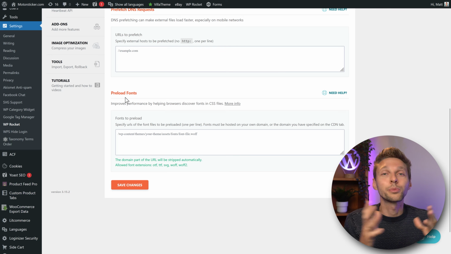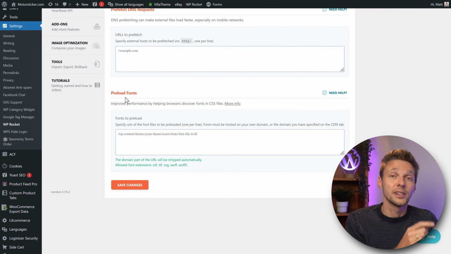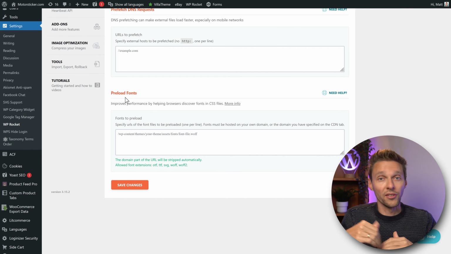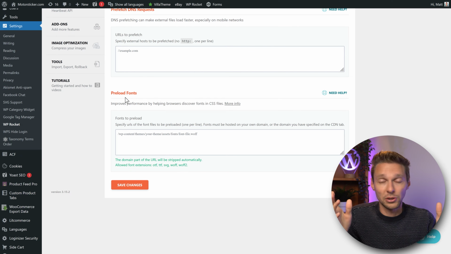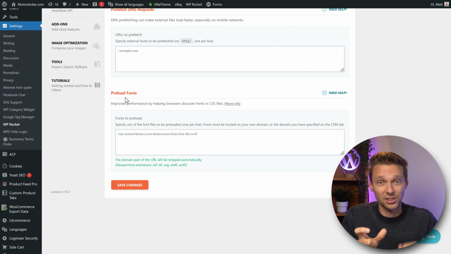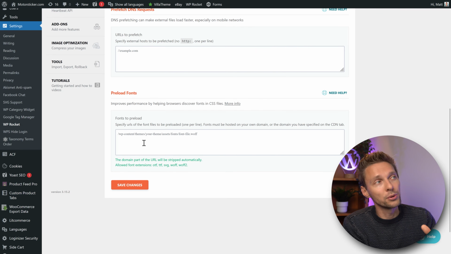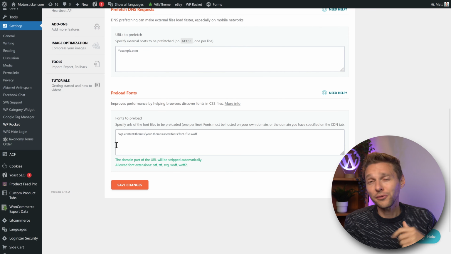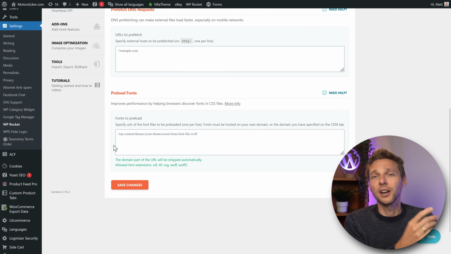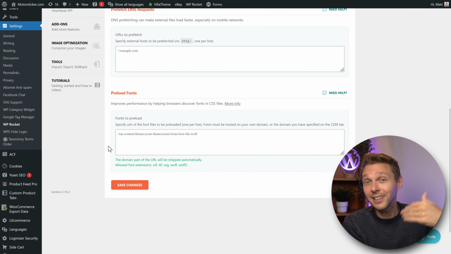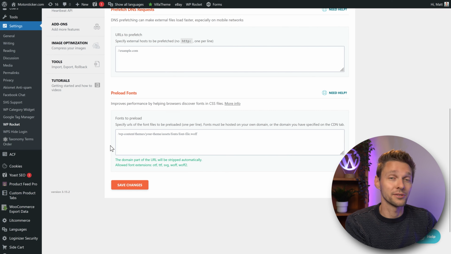Preload fonts. Here we can preload our fonts being manually uploaded to our website. If you have a theme and you've uploaded your own fonts, or you've downloaded them maybe from Adobe Fonts, I don't know, and you've uploaded them to your website manually, so it's actually a file on your website, put them in over there. Most websites don't have this, but if you're like me, you like to fiddle around with different kinds of fonts and actually upload your own font files, put them in over there, then they get preloaded, saves you a bunch of speed.